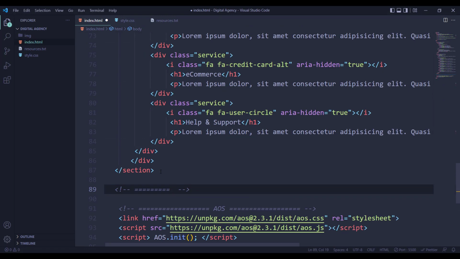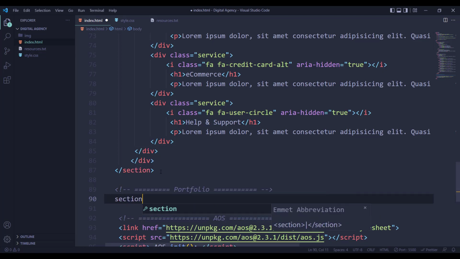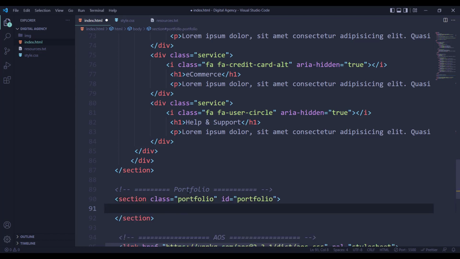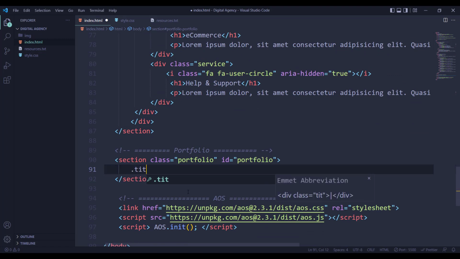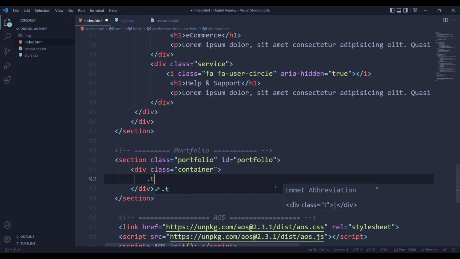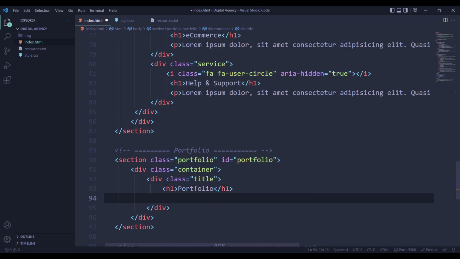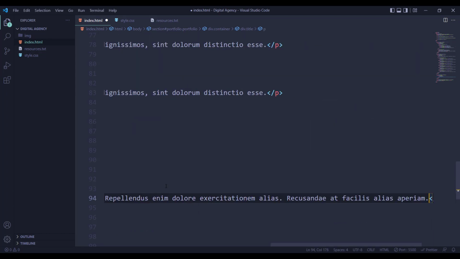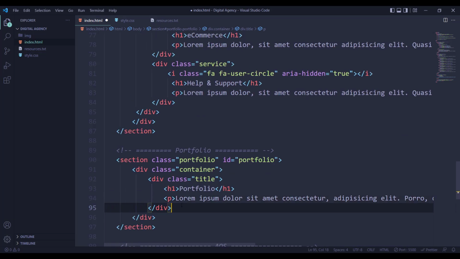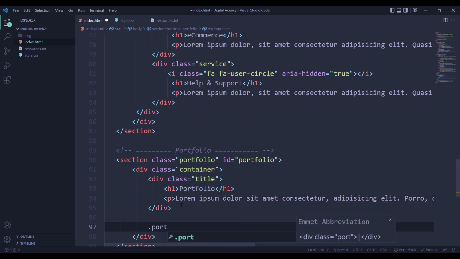I will create a comment of portfolio. Inside here we have a section with an ID of portfolio, and inside that we have a container, and inside that container we have our title with this text called portfolio, and after that we have a p tag with lorem 20, and after the title we have our portfolio wrapper,